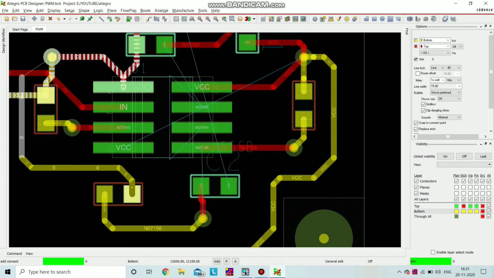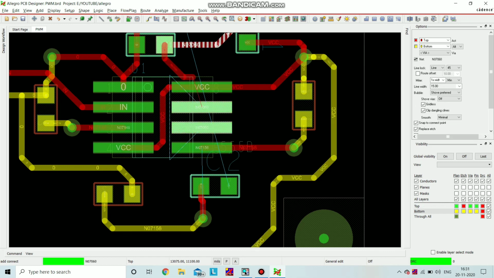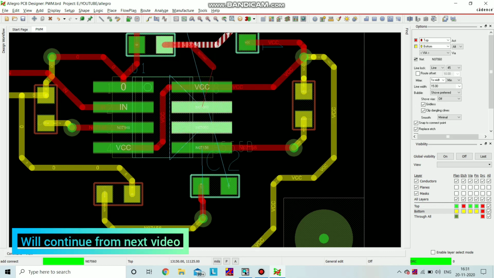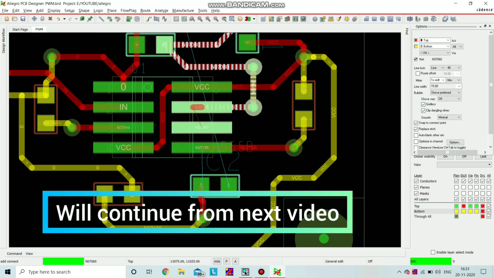The remaining blue color lines are called rats. After completing all the tracks, the rats will be disabled. Here, once again I am using a via for the second IC.